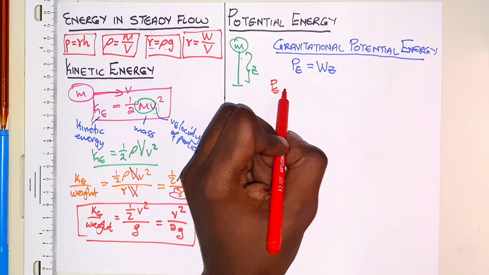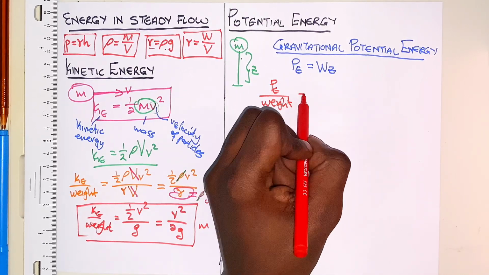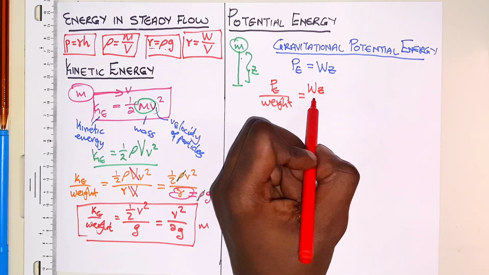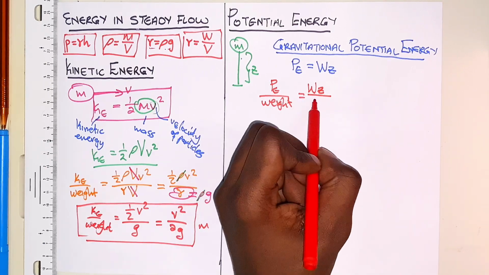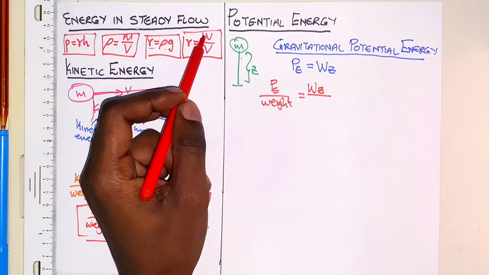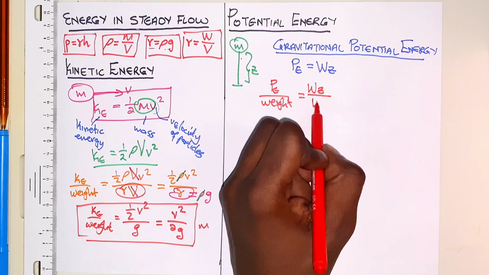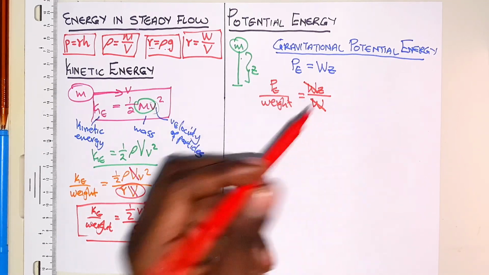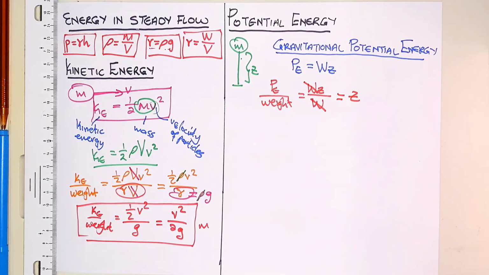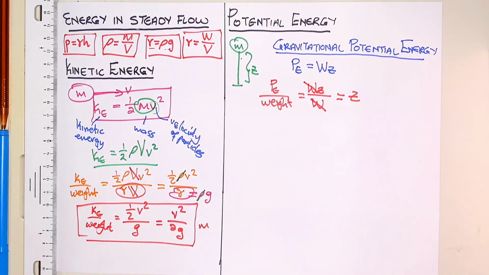Now, potential energy per unit weight will be equal to my Wz, which is weight times elevation over weight. Now, even here I had weight, I just substituted it with specific weight times volume. Now here I will put my weight so that these two can cancel out each other, and my potential energy with respect to unit weight is equal to Z, which is